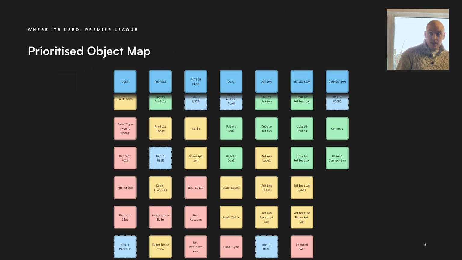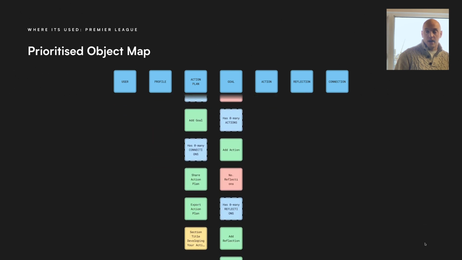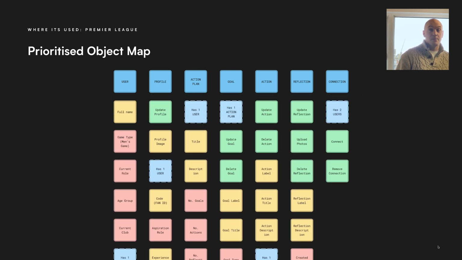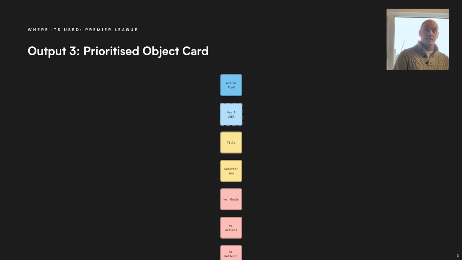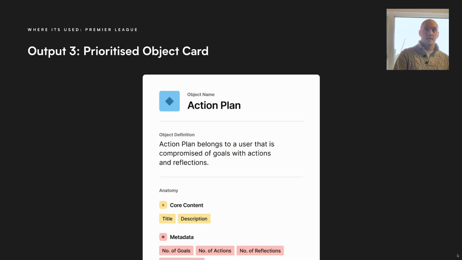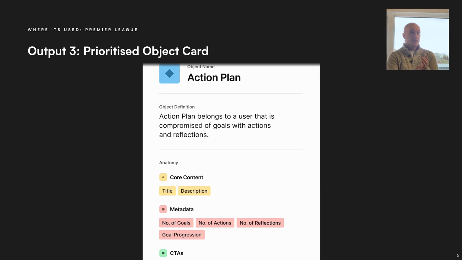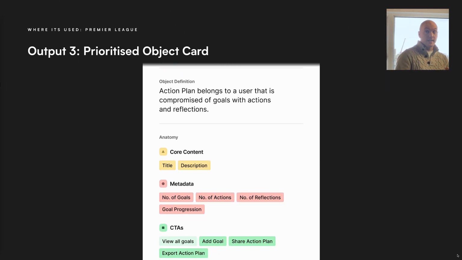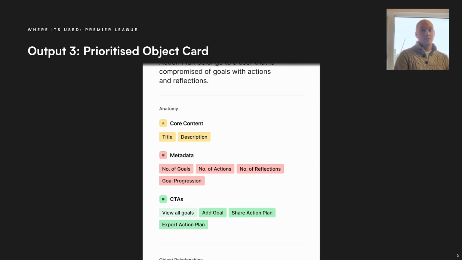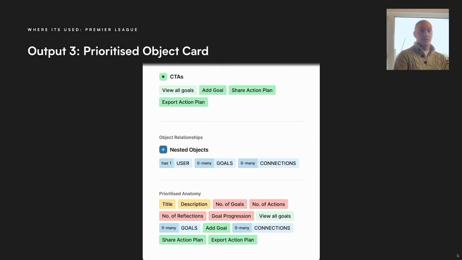And again, this is where we have our output on a prioritized object map, but it's still quite unwieldy to look at and really make sense of. So within the design team, with great help from Chris M, Helen, and Henry, we've created what is referred to as a prioritized object card that takes everything we've just covered and puts it all into one nice little panel that clearly gives the name of the object, the definition of that object, the breakdown of that anatomy, the object relationships that we've got, and